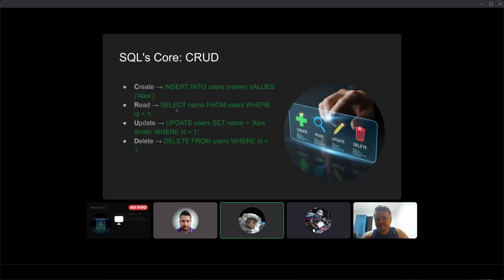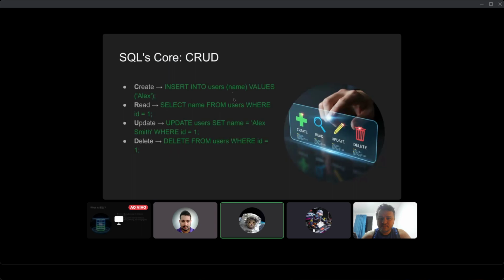So just the select operator, the column name, the from clause, the table name, and a condition. For example, where the ID, which sometimes is just the primary key, will match one. So instead of scanning the whole table and returning everything, we just return a specific record and a specific column for it. It's pretty simple, it's pretty straightforward.